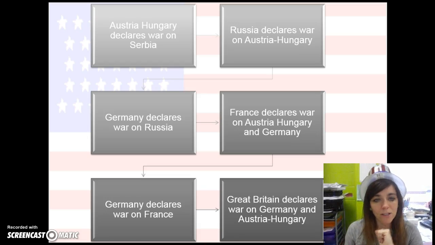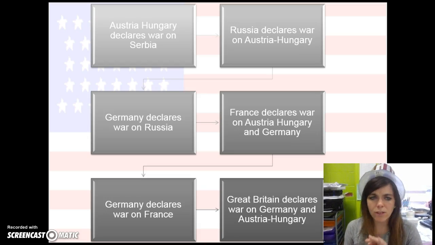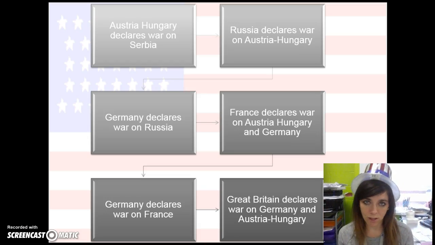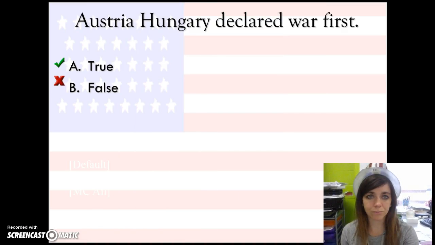So what we have here is one of the main problems is alliances. Okay, all of these countries were allied together for reasons over imperialism and just other reasons over land and resources. And because of all of these alliances that have built up, when one country fought another country, then all of the countries started fighting each other. So this is kind of how it gets broken down. Okay, so